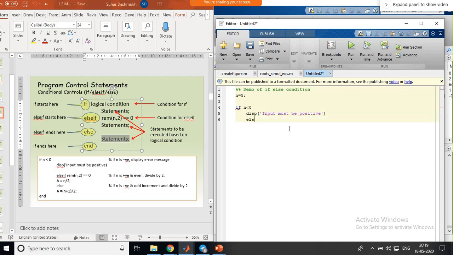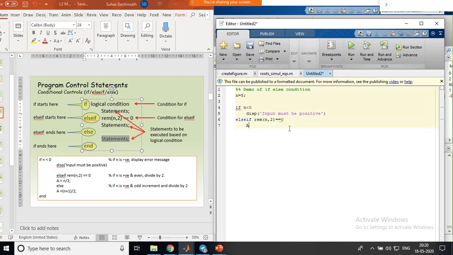Then I will now write an else. Once I write an else, automatically it will shift it to the left side. That is the beauty of all these editors. N, that is n number. I am going to put up a remainder of divided by 2. If this is what an equal to, previously we used an equal, this indicates assignment operator. If I put a double equal to, it indicates comparative operator. So equal to 0.